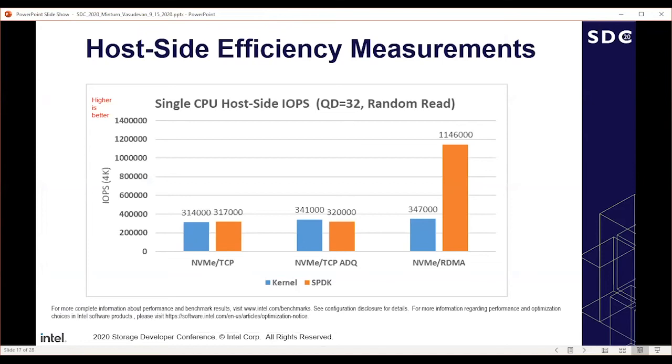What I'm showing here is the blue is the kernel host implementation, and then the orange is the SPDK. So what you're observing, pretty much for both the TCP and TCP with ADQ, for both SPDK and kernel, is an efficiency improvement that ADQ brings into play